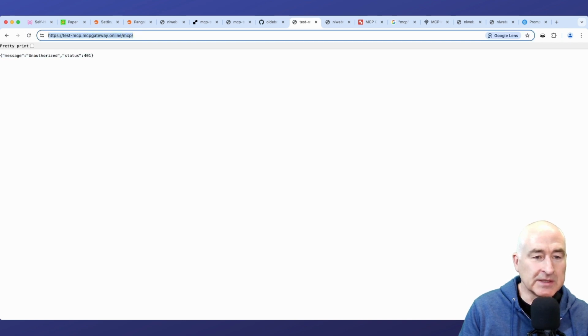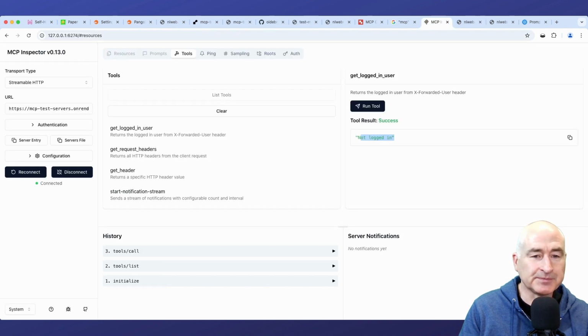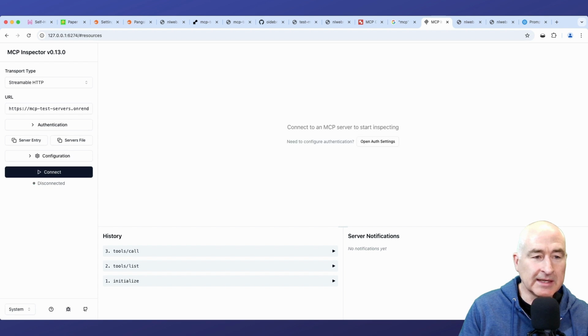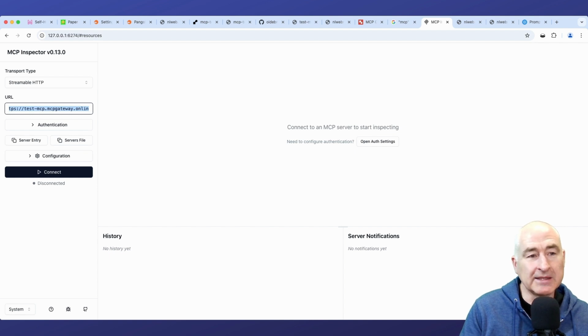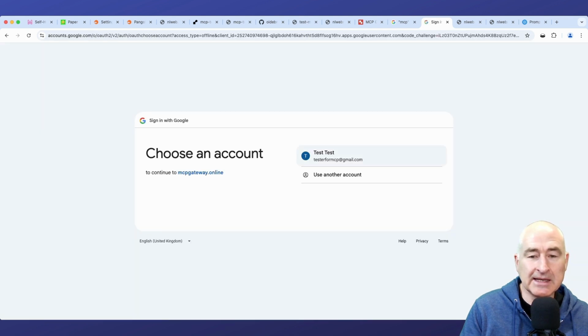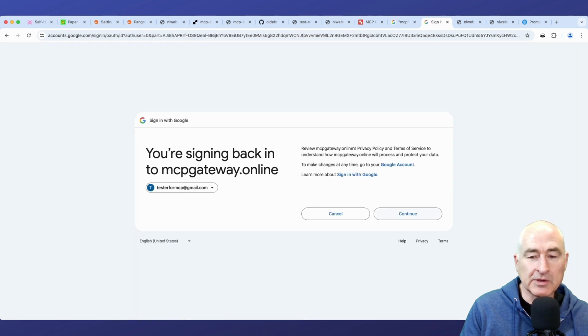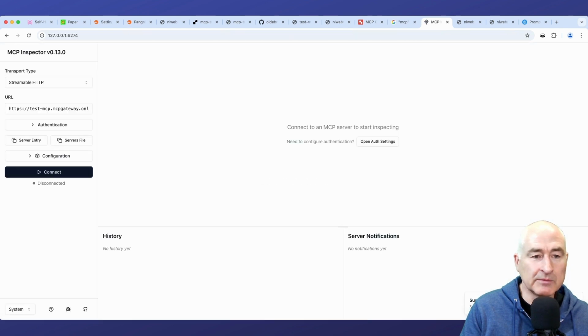So we're going to take this URL and go to our MCP inspector here. We're going to disconnect. And what you'll see now is a 401 unauthorized should come back to the MCP inspector, which will then kick off an authorization. It's sending the user to Google, which is what I have set up for this particular demo as the OAuth provider. So we're going to log in with our email, and we're going to accept the terms. And when we get put back here,